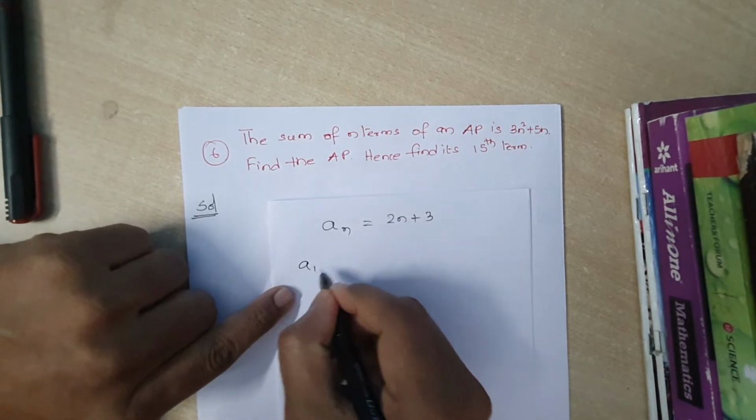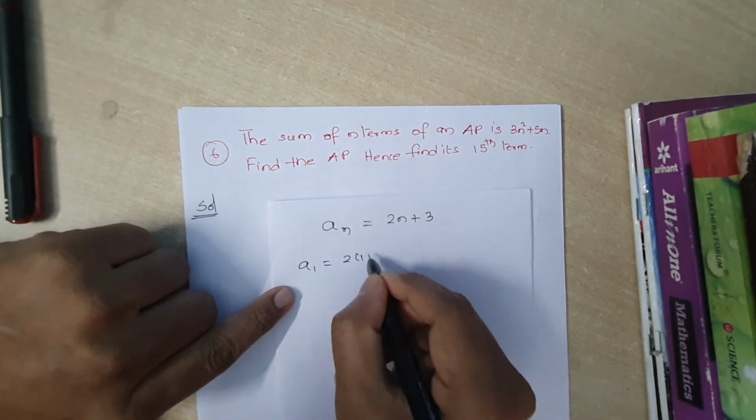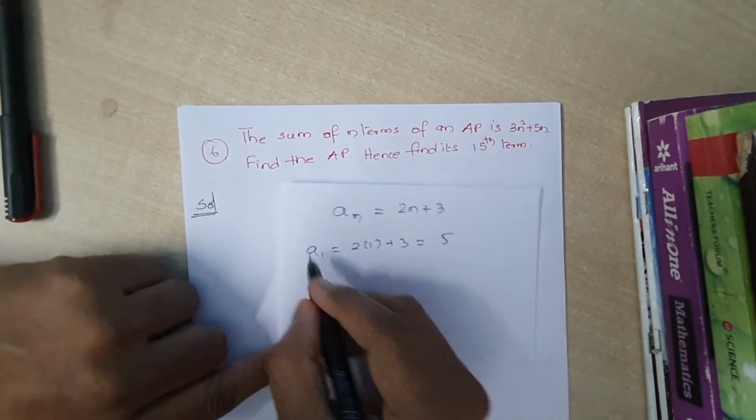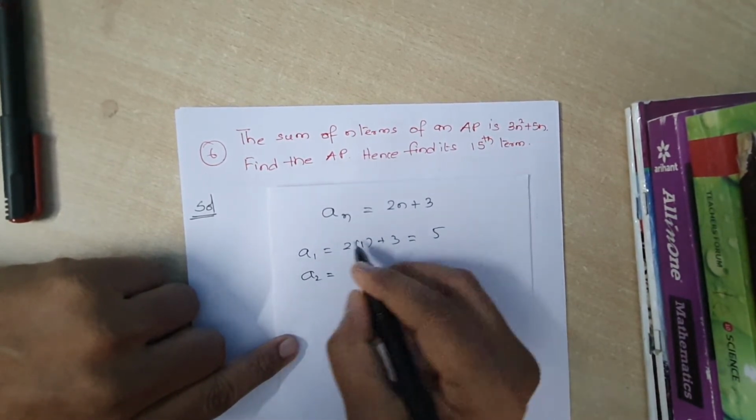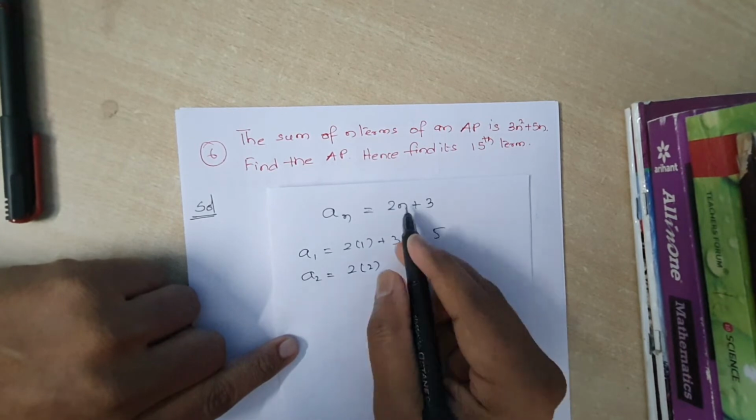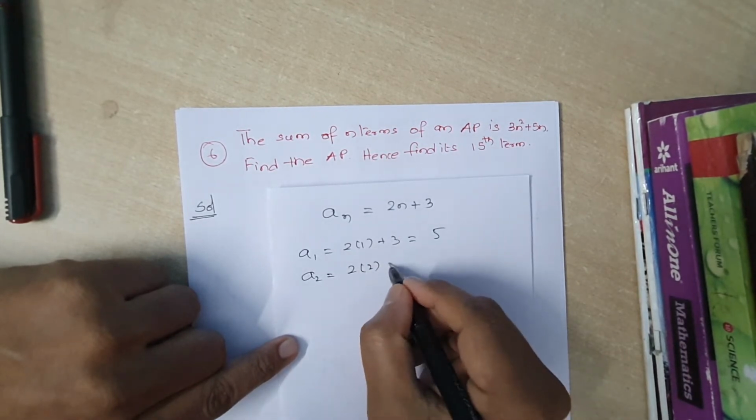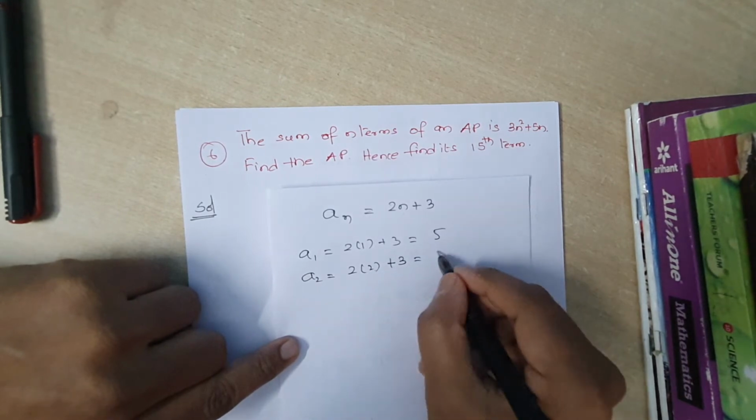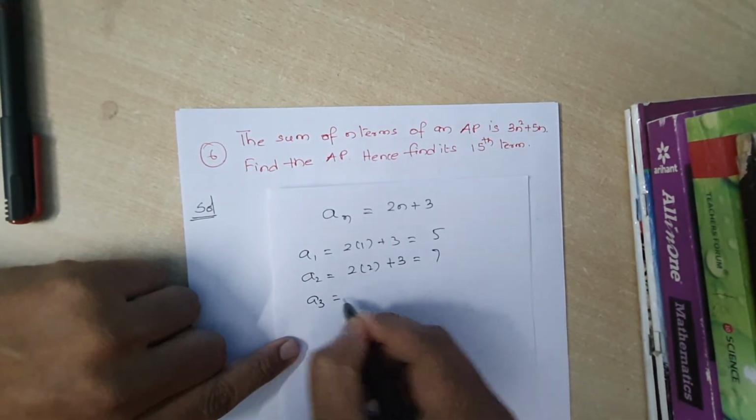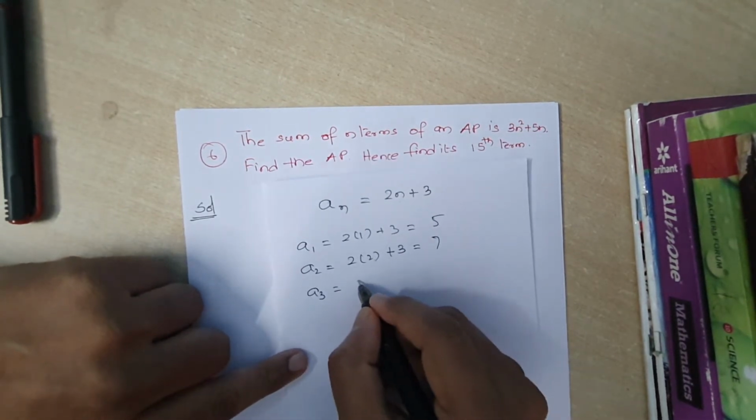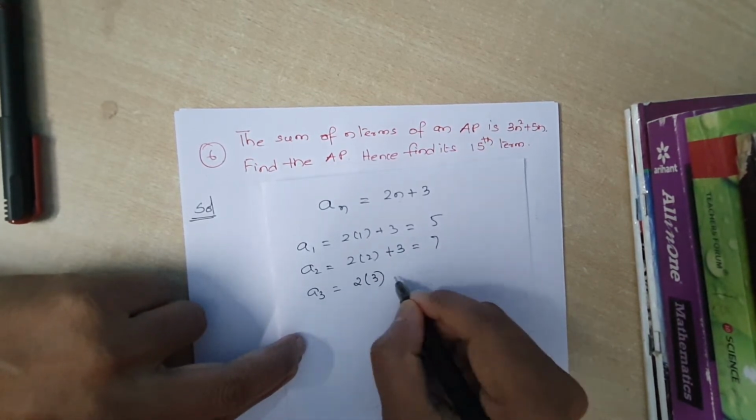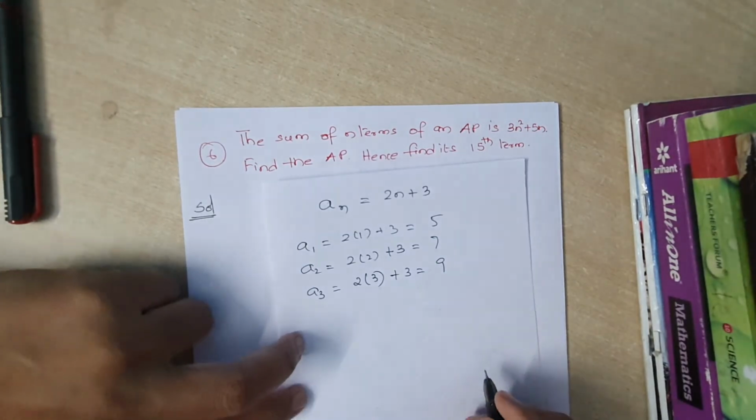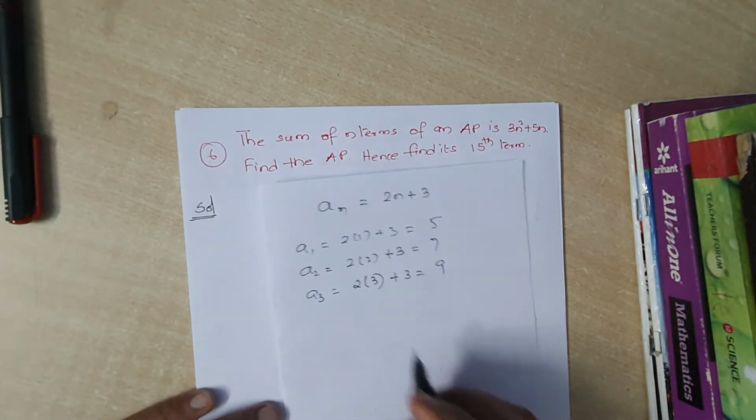In this type of question, what do we do? We just find a1. a1 is equal to 2 into 1 plus 3. It will become 5. a2 is equal to 2 into 2, means wherever there is n, we have to put 2. So 4, 4 plus 3, 7. a3 is equal to 2 into 3 plus 3 is equal to 6 plus 3, 9. And after that, what we say? Therefore, the AP is